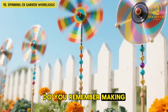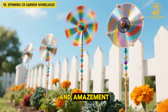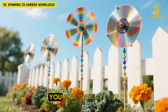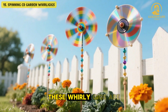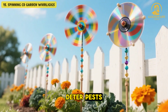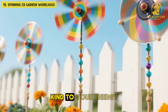Do you remember making pinwheels as a child? Watching them spin wildly in the wind, each turn bringing laughter and amazement. With just a few old CDs and some simple materials, you can create your own version of that joy: charming CD whirligigs that twirl and shimmer in your garden like tiny silver dancers. These whirligigs are not only delightful to look at, but they also help deter pests and bring gentle motion to your outdoor space. And like many of our favorite projects, they're easy on the hands, kind to your energy, and